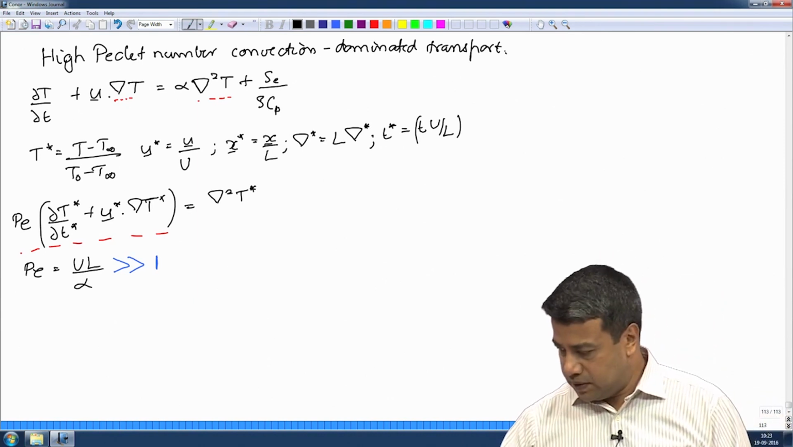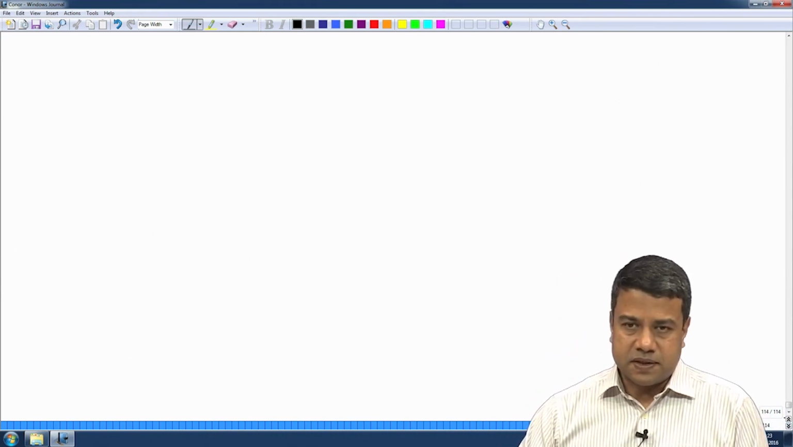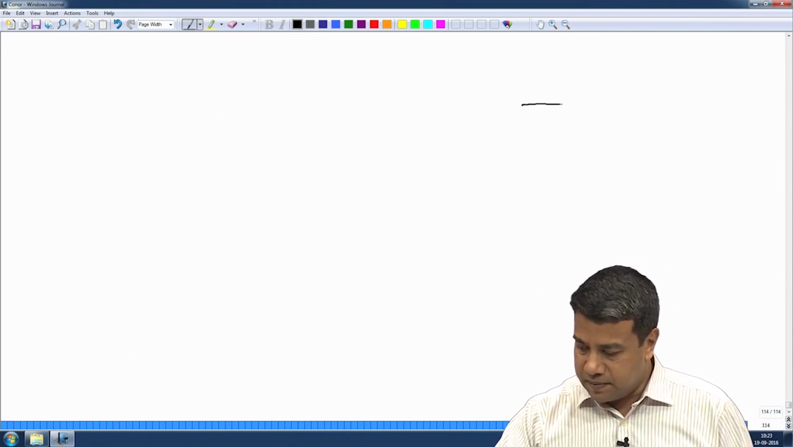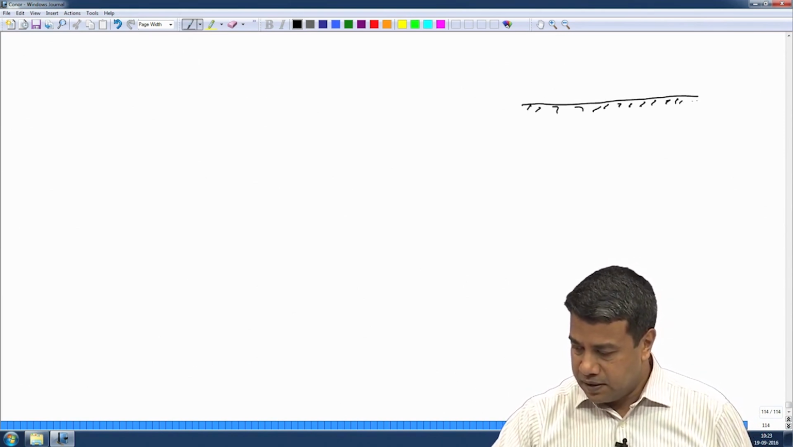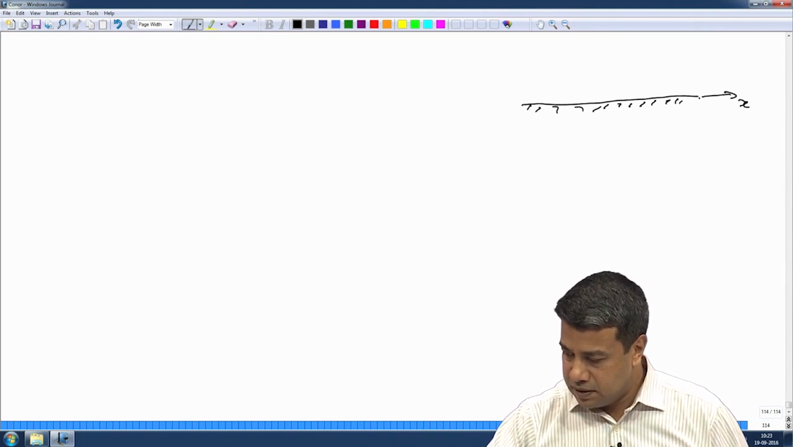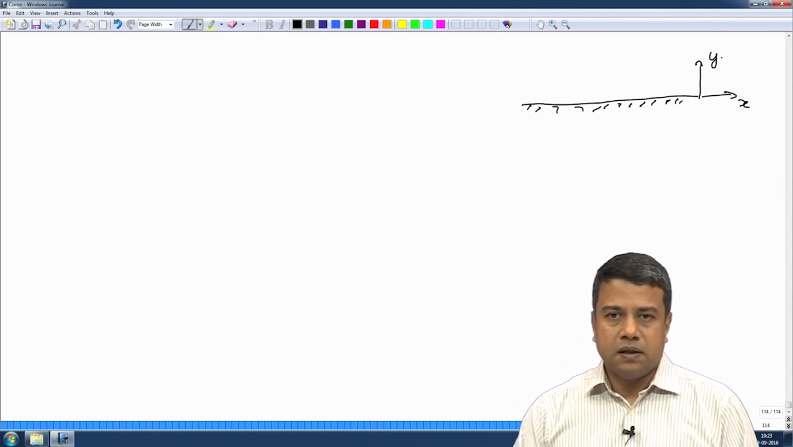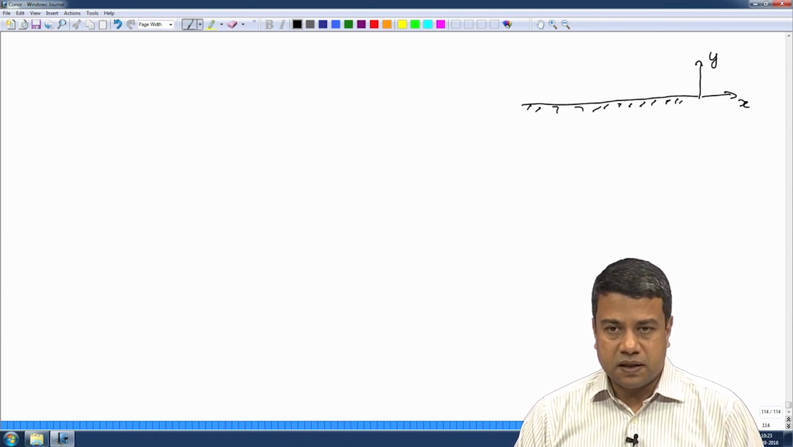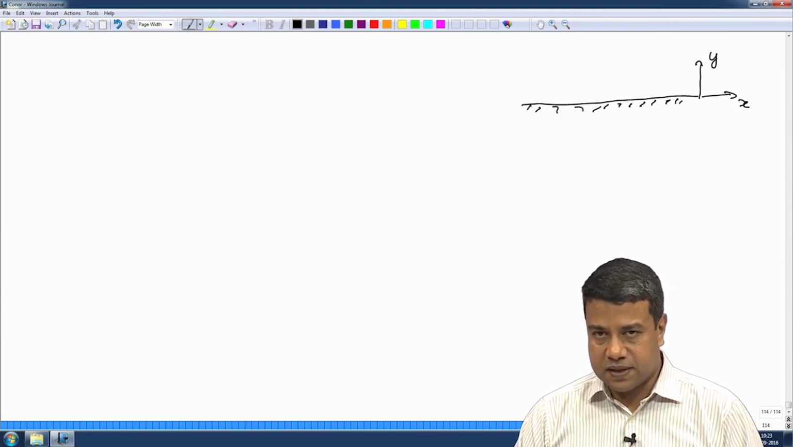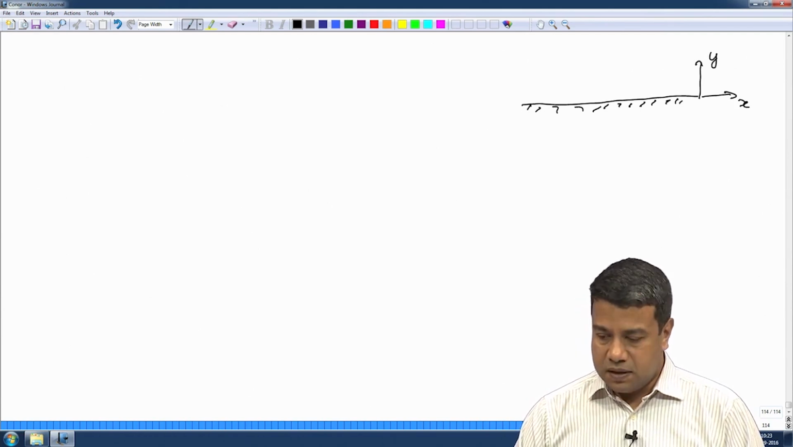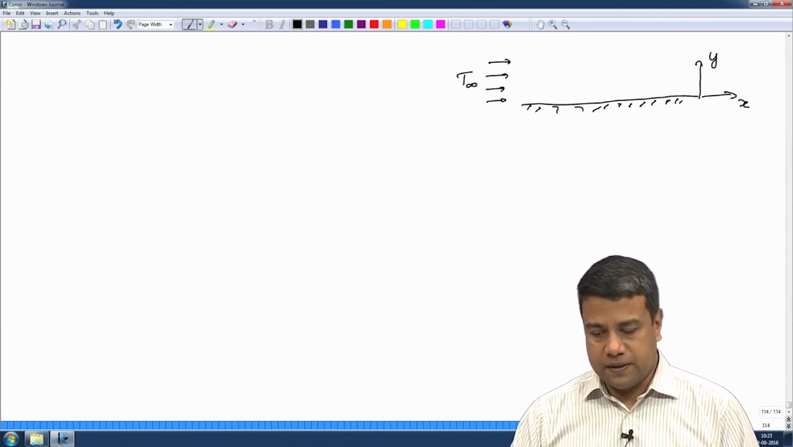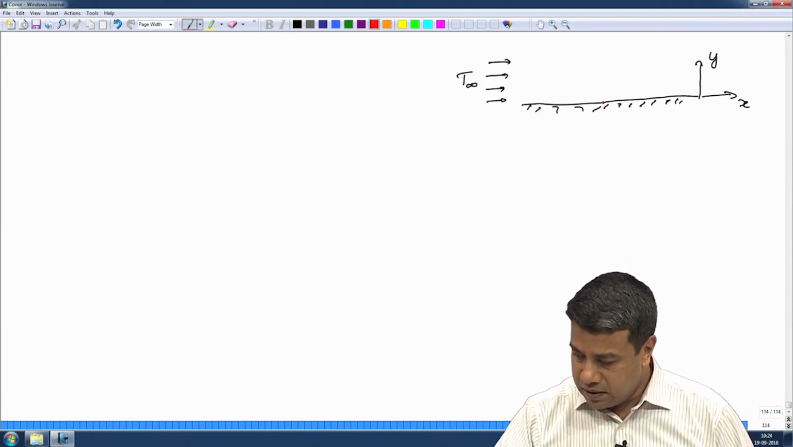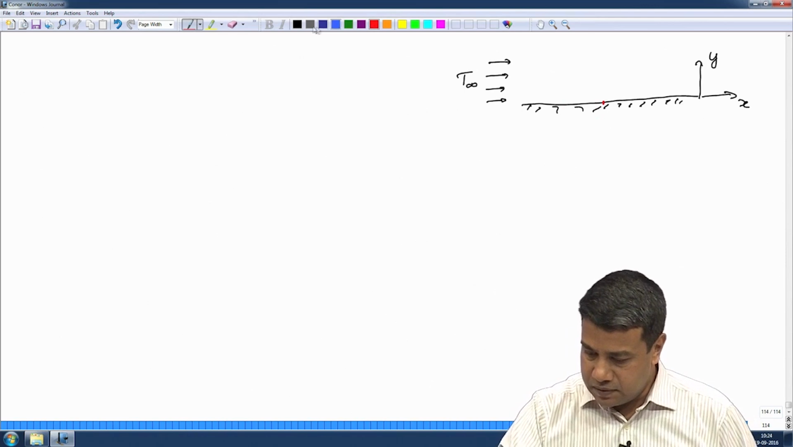So, let us take the simplest case: flow past a flat plate. Horizontal surface, the streamwise direction is x, the cross stream direction is y. We will assume that there is no variation in the direction perpendicular to the plane of the board, which is the z direction. At the surface itself, fluid is entering with velocity U infinity, and at x is equal to 0